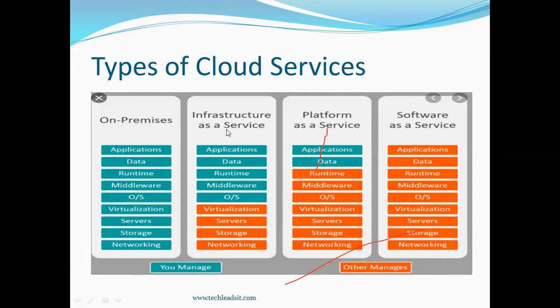Oracle itself. And the infrastructure as a service, here also we have a couple of layers maintained by the organization, and the rest is maintained by Oracle. And on-premise, whichever we are working on as of now, on-premise systems, everything is maintained by the organization: applications, data, virtualization, server, storage, networking, the hardware, software, everything. Oracle will just provide their application for us, and they will provide support for their application.